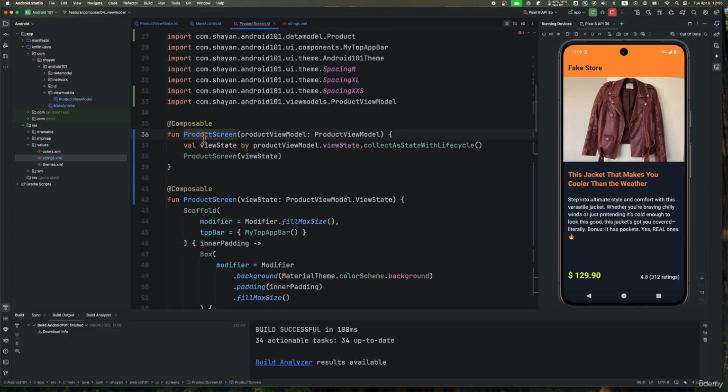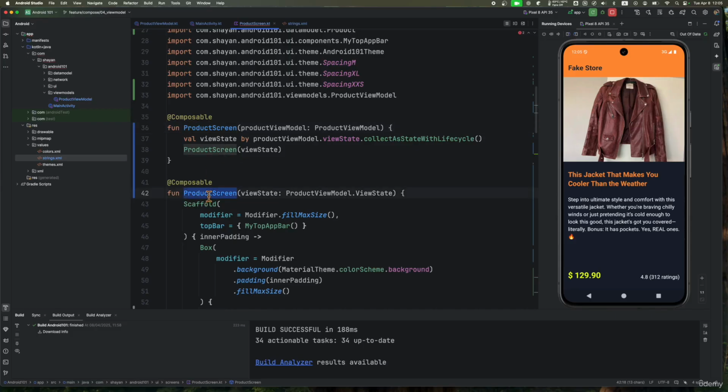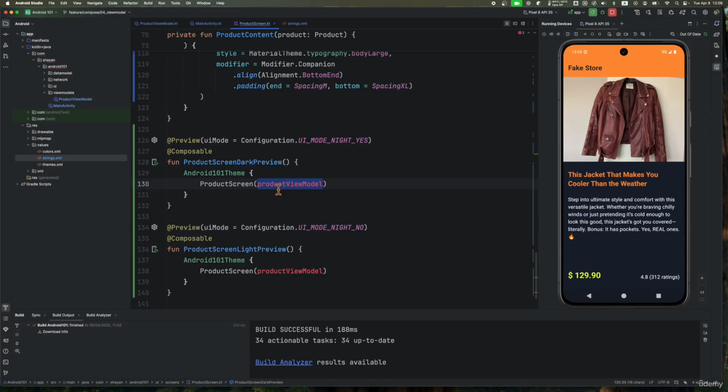Now we can use this one in the activity and the second one only for the previews, which means I can make this private. It won't be used outside of this file. So now this one can be used in the previews, and then I can instantiate a view state. For example, for this one,